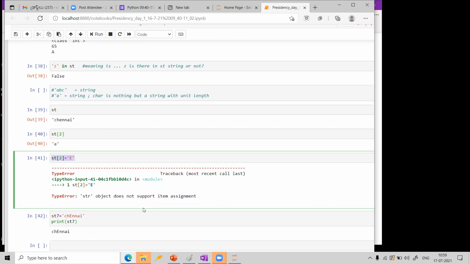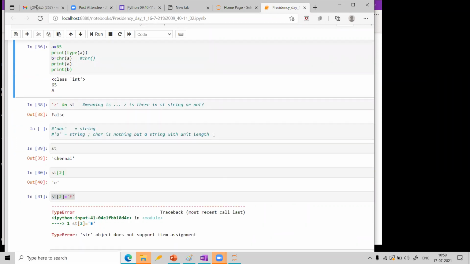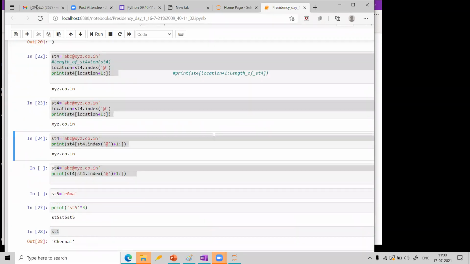Now just scroll upwards to 26 or 27. Yeah, good. So you note down the number 26. There is no 26, it is 24 and 27. Now, for 27, we want that three times for Rama, but we got only ST5. Okay, you want Rama, right? So you see now what will happen. We have to remove that single quotation